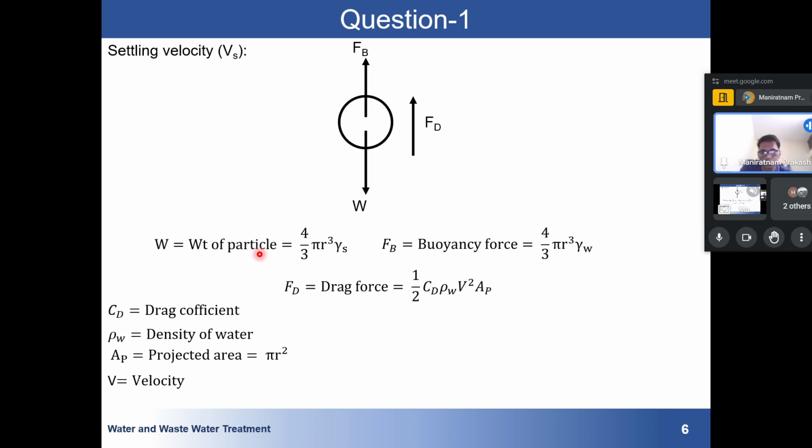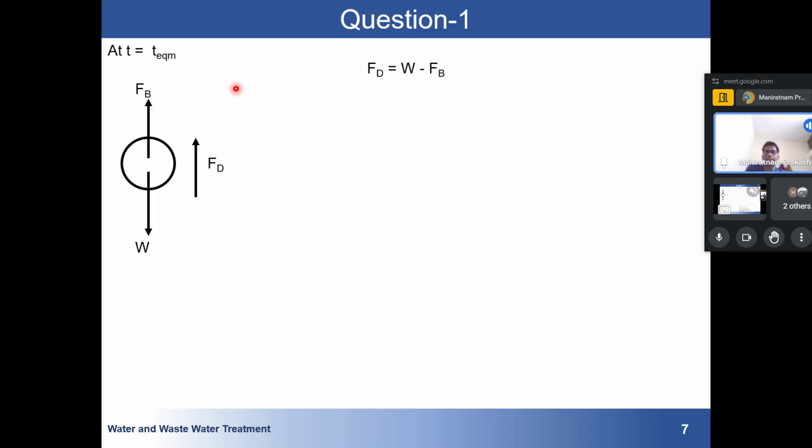Now I will use all these concepts to derive the settling velocity formula. As soon as water enters the settling zone, there will be a time called the equilibrium time, where all these forces are in equilibrium: the upward force will be equal to the downward force. So if we equate them, the drag force will be equal to the weight of the particle minus the buoyancy force